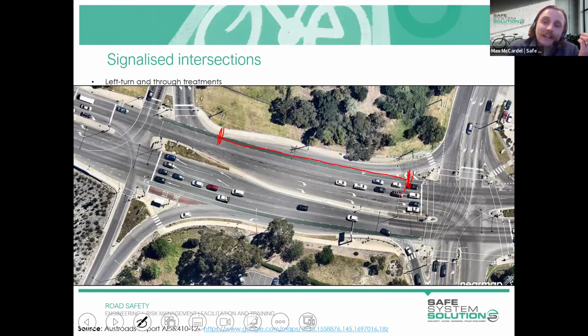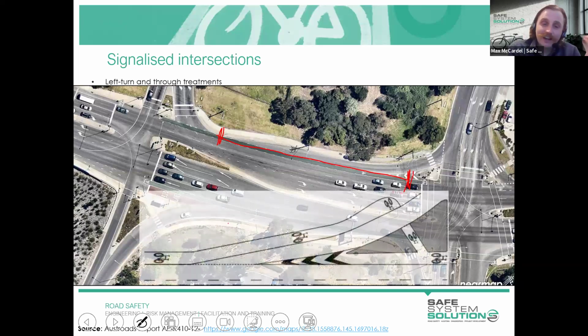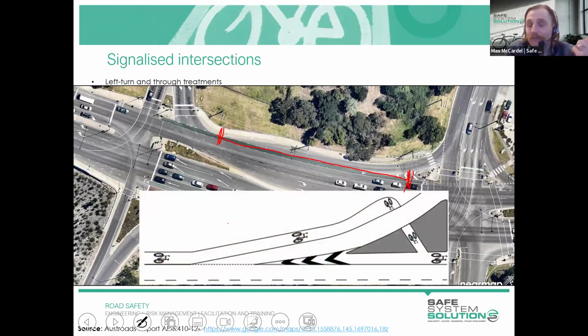And it's highly, highly, highly likely that the riders in that environment would feel comfortable traveling through there using that on-road facility. So Austroads does have a little reference of what could be implemented instead, which is basically, let's get